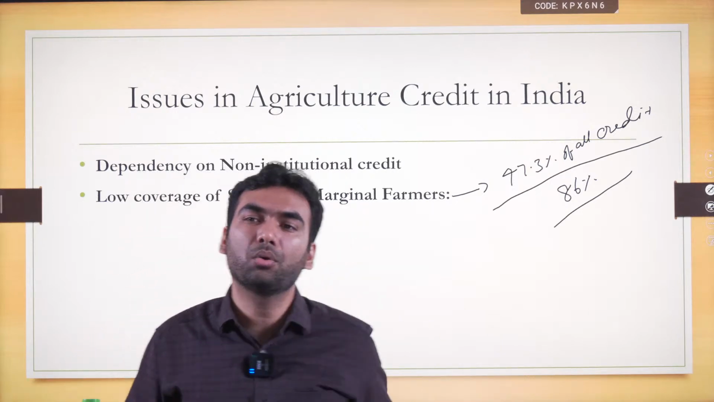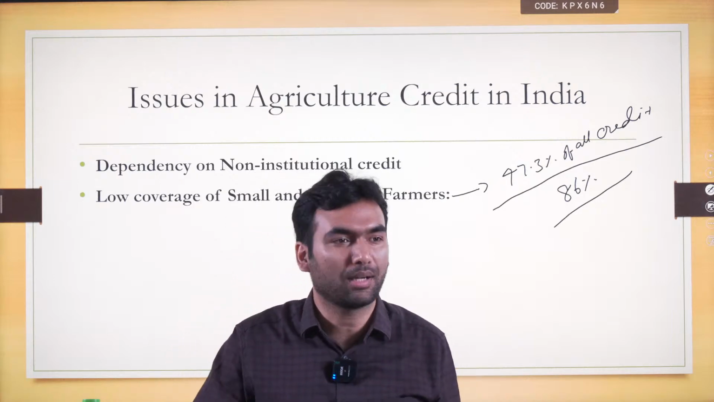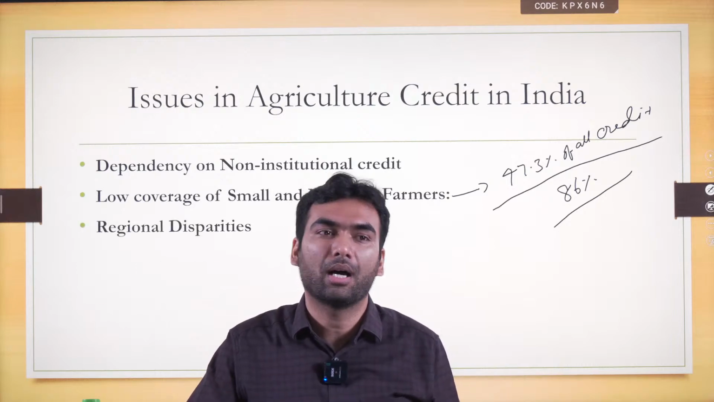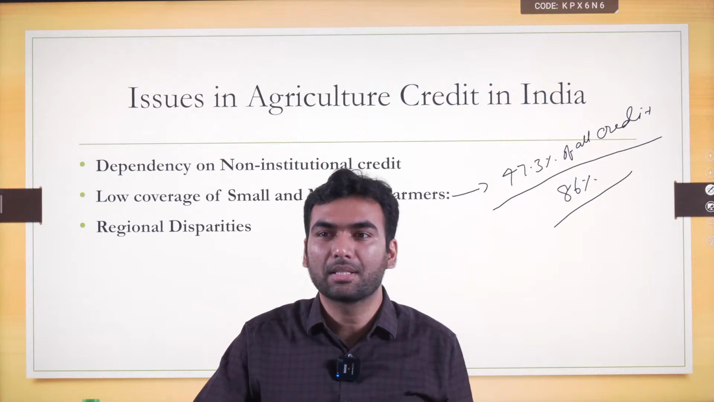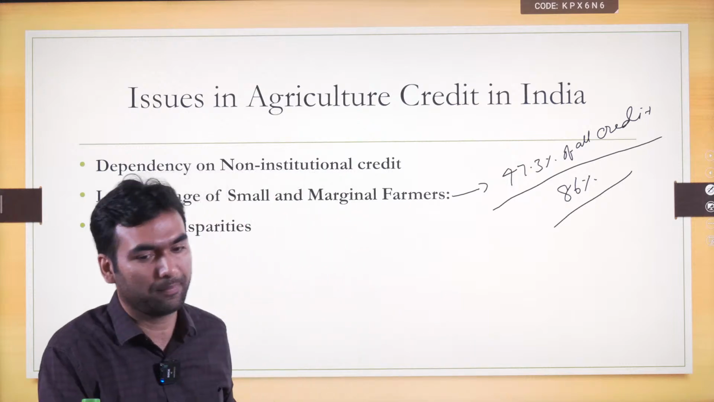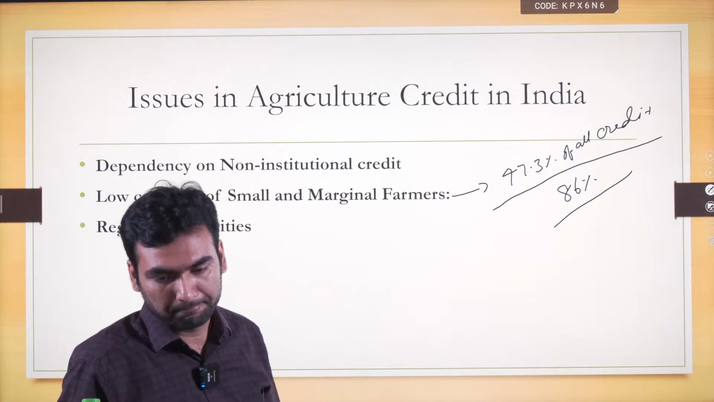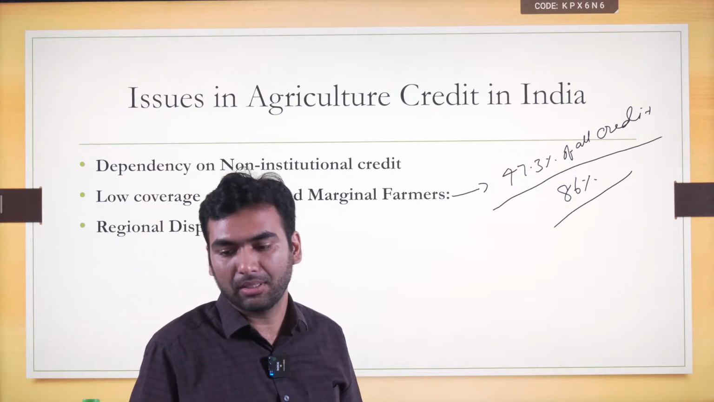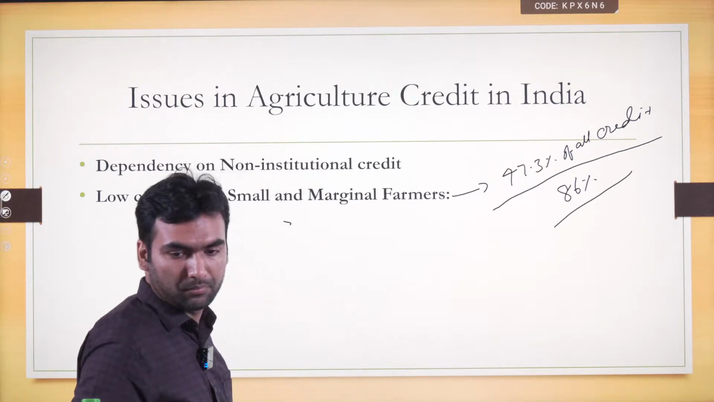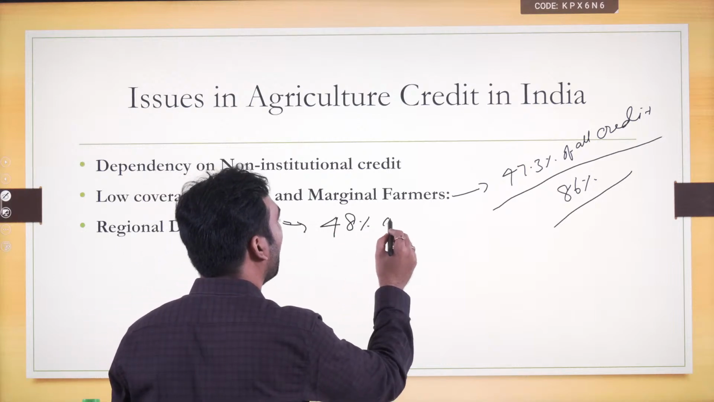Then whether you will get loan or not, it also depends on where you are doing the farming. If you are doing farming in Andhra Pradesh, Telangana, Karnataka, Tamil Nadu, Kerala, these are the 5 states where farmers are getting more loan. The farmers in eastern India, northeastern India, they are not getting loan. There is regional disparity as well. The farmers in 5 southern states account for 48% of total credit,